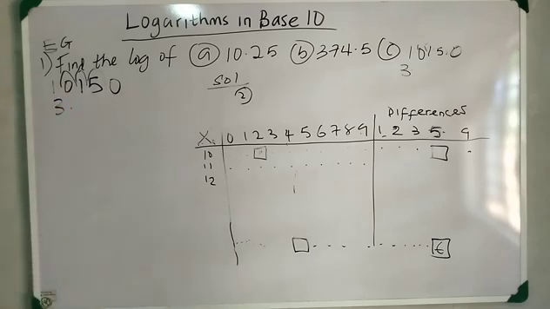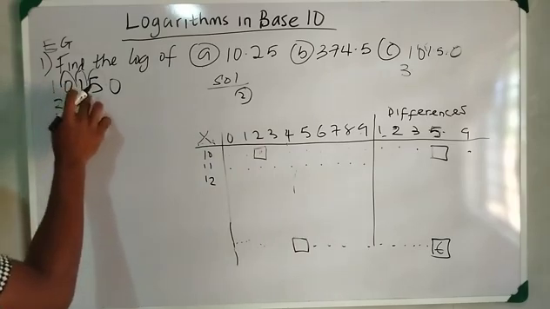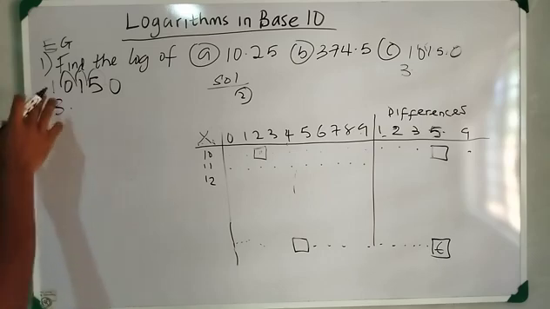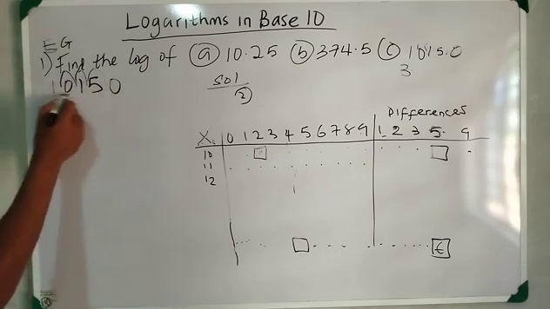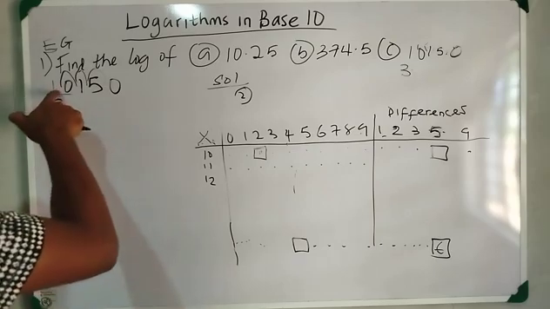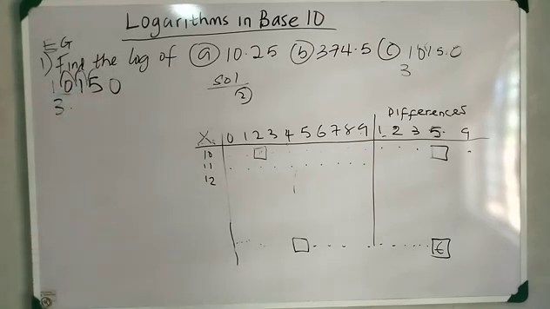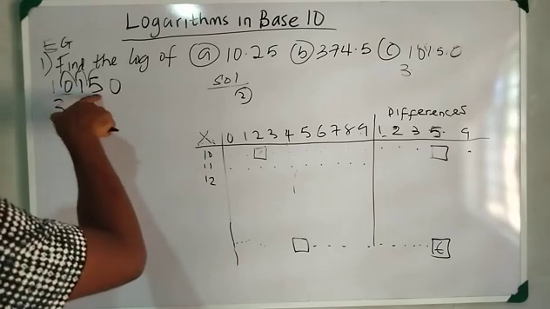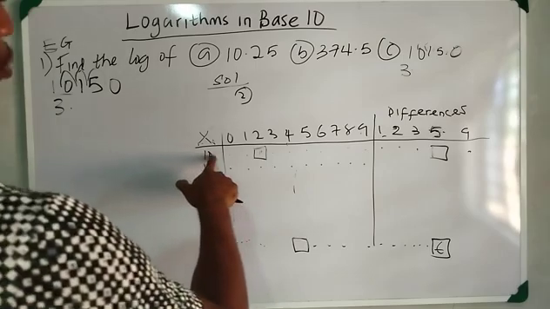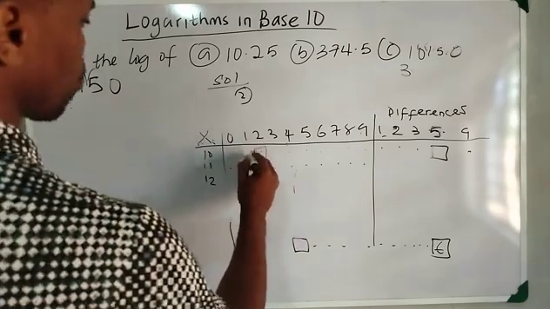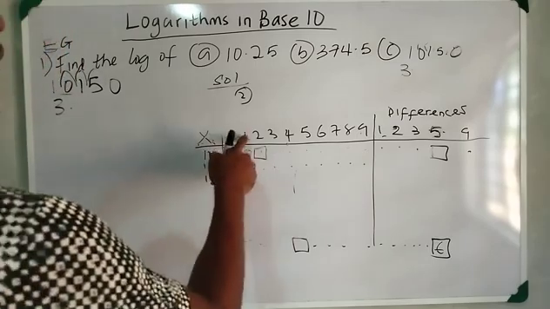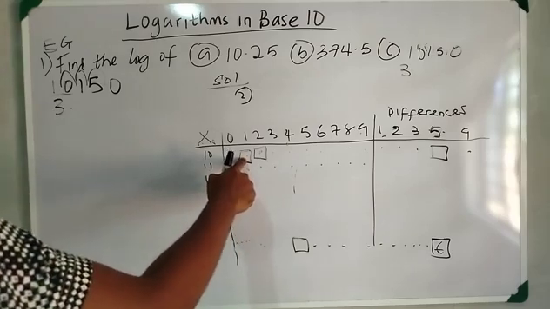It's pretty easy, right? Now, the second part of my answer is gotten from the logarithms table. So when I go to the logarithms table, 1015 is what I'm looking for. And as I've said, we pick the first two together to be what? 10. So this is the same thing as 10 under 1 difference 5. So this is 10. When you move under 1, you get the number here. This is 10 under 1. So when you check your logarithm table, 10 under 1 is going to give you